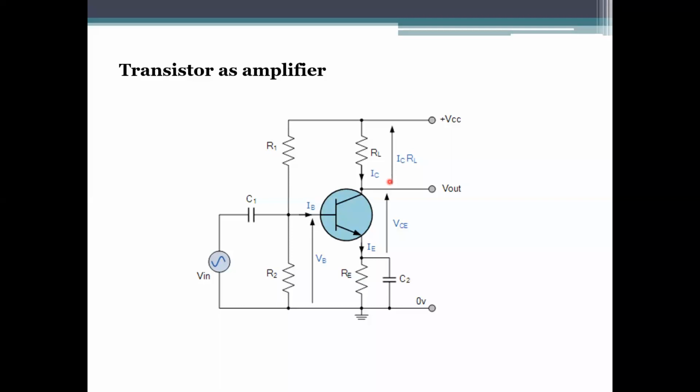And when the signal is at peak, when your signal is plus 1 millivolt, then your IB increases and IC also increases. Okay. And in case 3, when the signal is at peak minus 1 millivolt, then your IB as well as your IC decrease, but your VCE, the voltage on this side, increases. Okay.